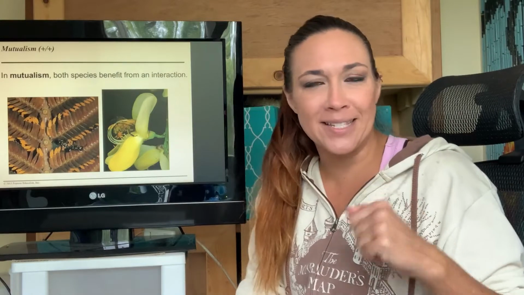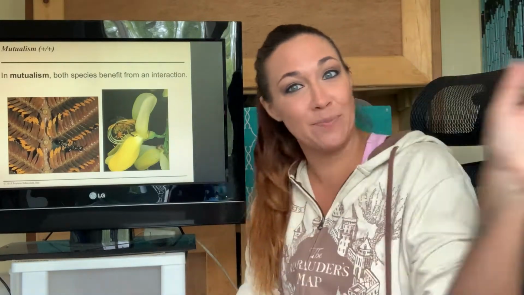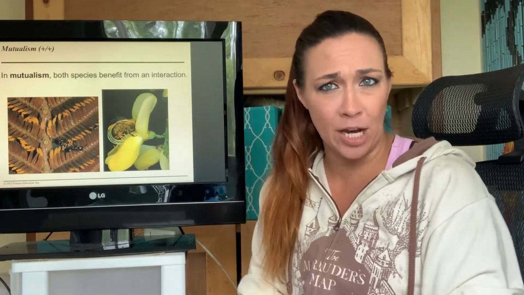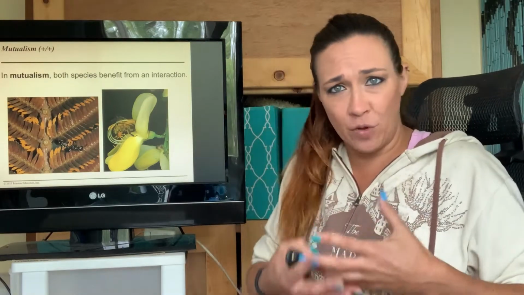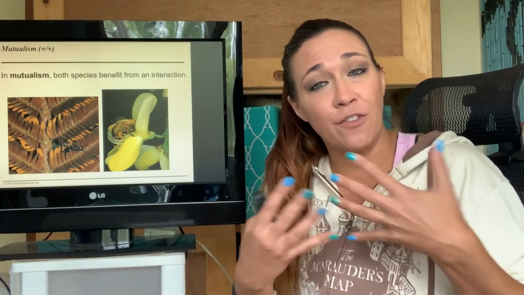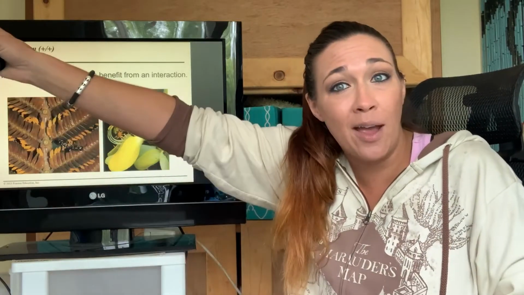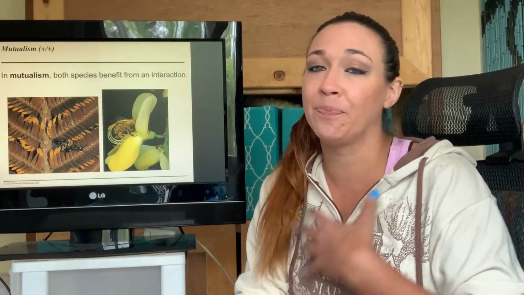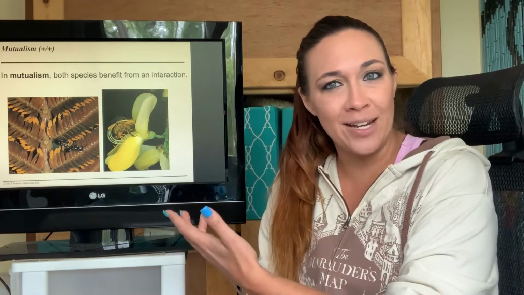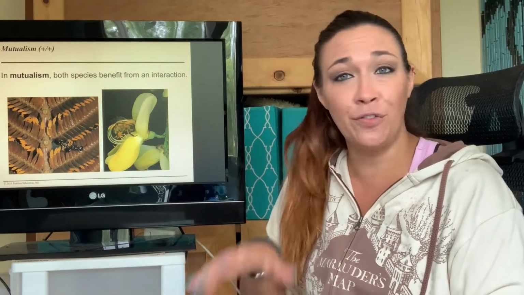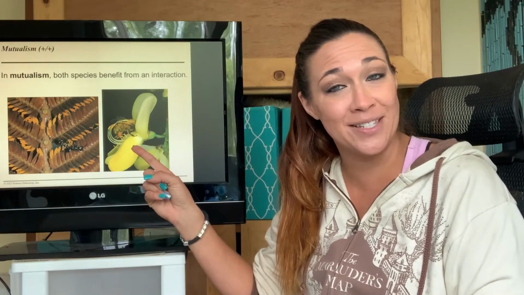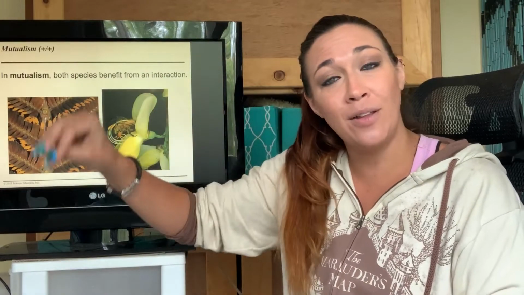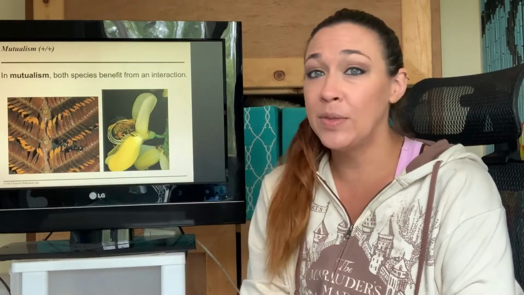Now let's talk about that plus again. Here's a really classic example of a plus, besides the anemone fish that I gave you, which is bees and flowers, right? Flowers need to sexually reproduce. They produce pollen, they have those seeds, right? They need to actually get the fertilization, but plants can't move. They can't go, hey, I'm going to go down the street and fertilize my neighbor. It's not how that works. So what they do is they rely on pollinators. These pollinators are going to fly. They're going to eat the nectar that the flower provides them, and then they're going to go from flower to flower to flower. They're going to be releasing the pollen to each one of them when they do. So this is very mutualistic.